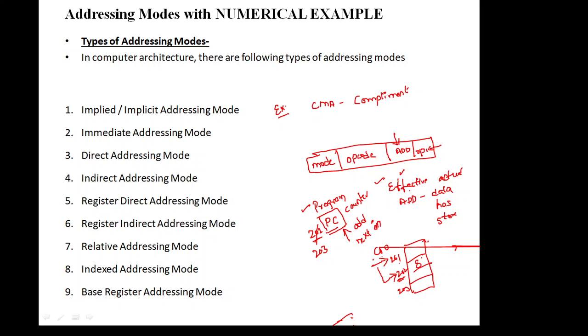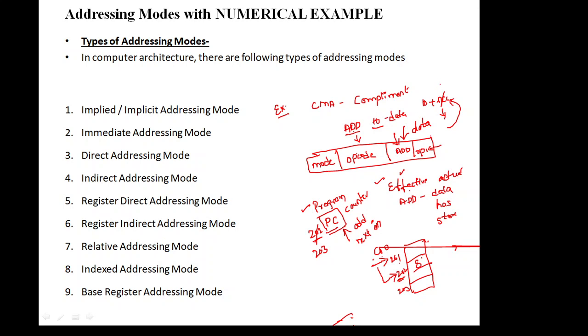Fine. So these are the different addressing modes we are having: implied mode, immediate mode. Immediate mode in the sense, instead of giving the address, we are directly giving the data. So what is the example I have done? Add 10. Add is an opcode, what is the operation to be done, and 10 is the data. So if we perform add 10, this 10 will be added to the contents of the accumulator and the result is again stored back in the accumulator. This accumulator is going to be updated for each and every instruction.